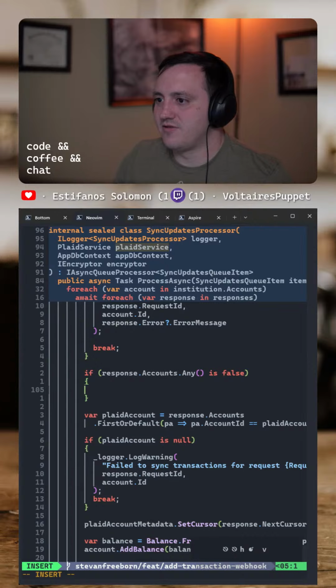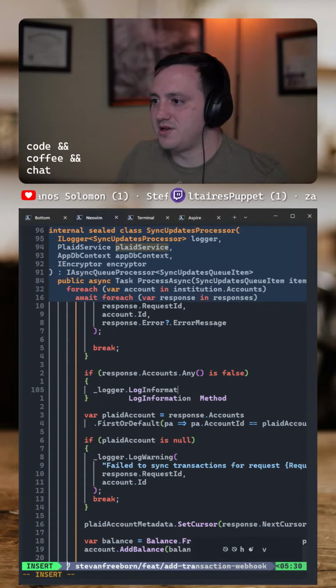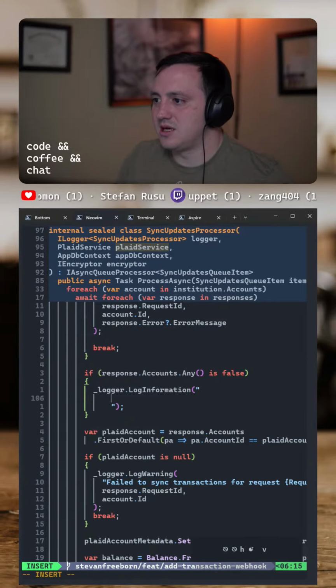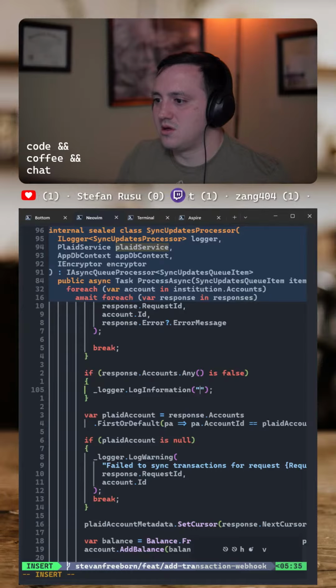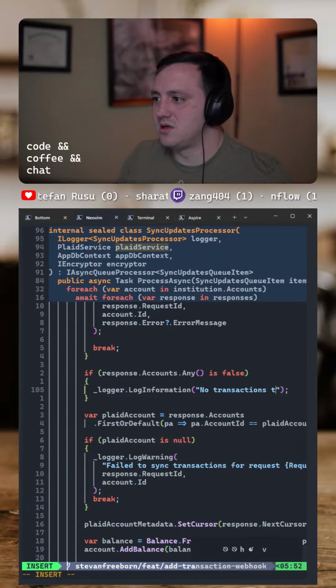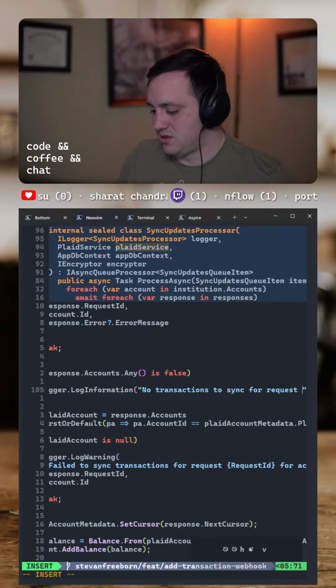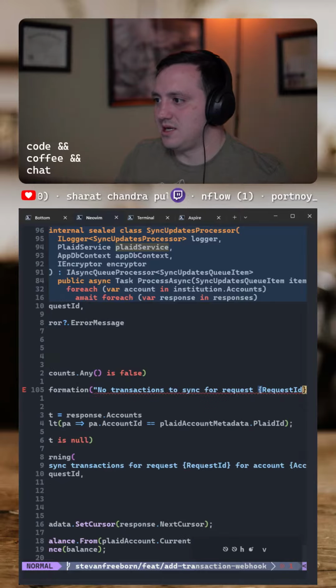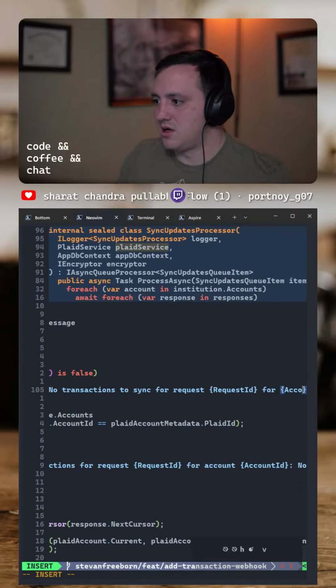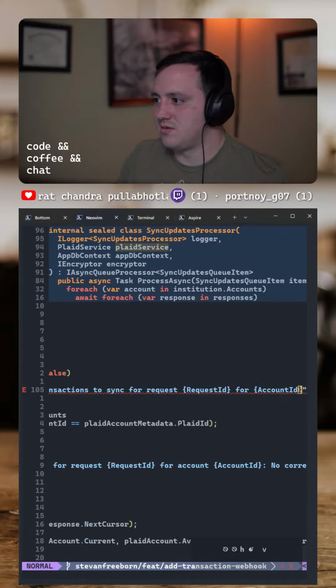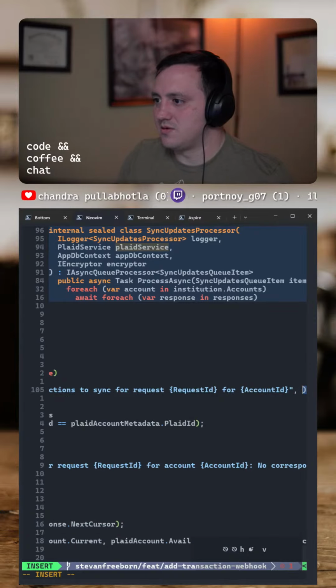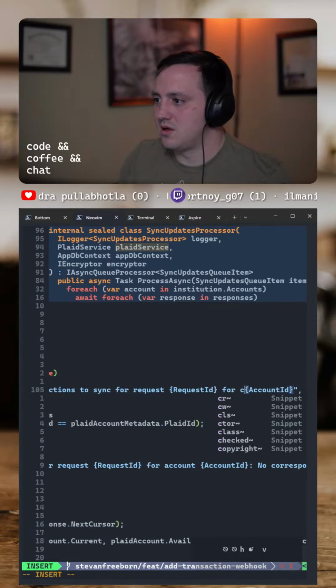then we can just log an informational that says logger.log information. We can say no transactions to sync for request ID, for account ID, and then we'll say account